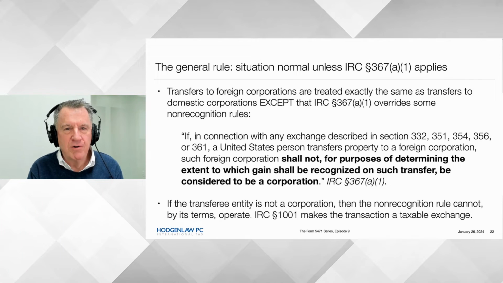And so this is how Section 367(a)(1) does this.